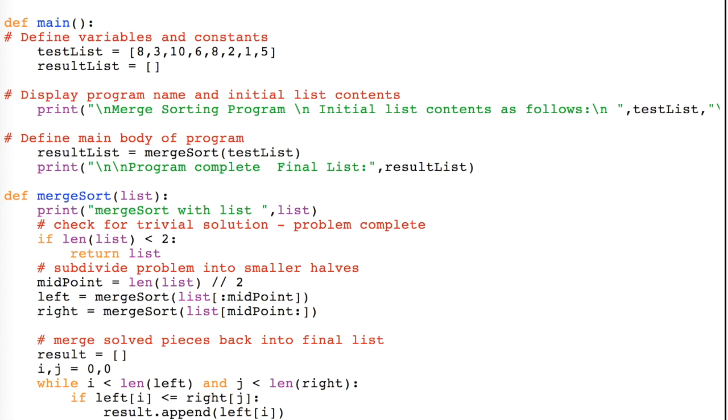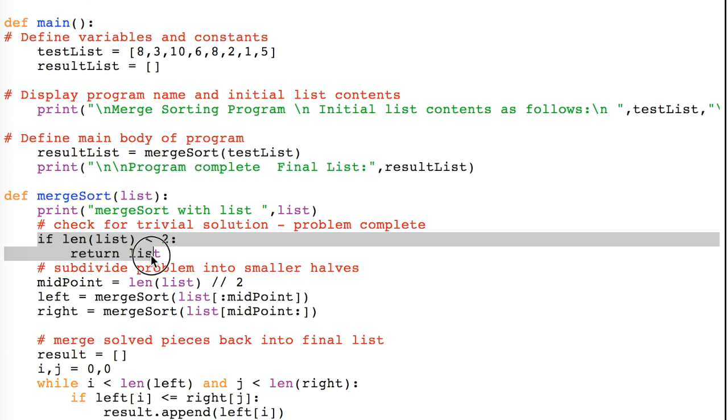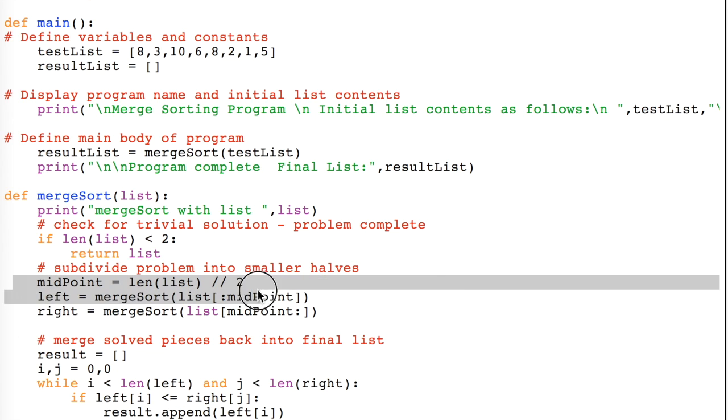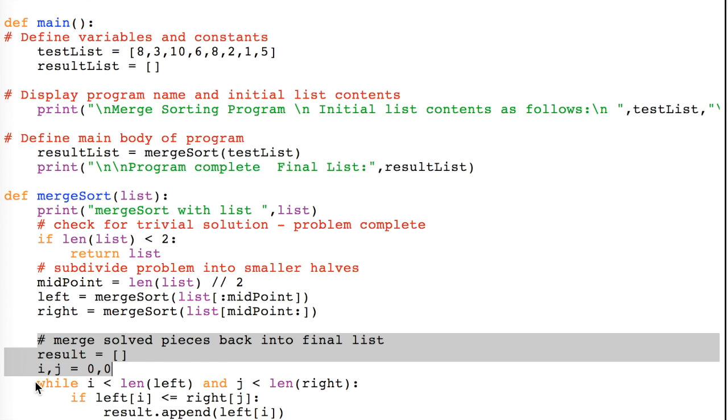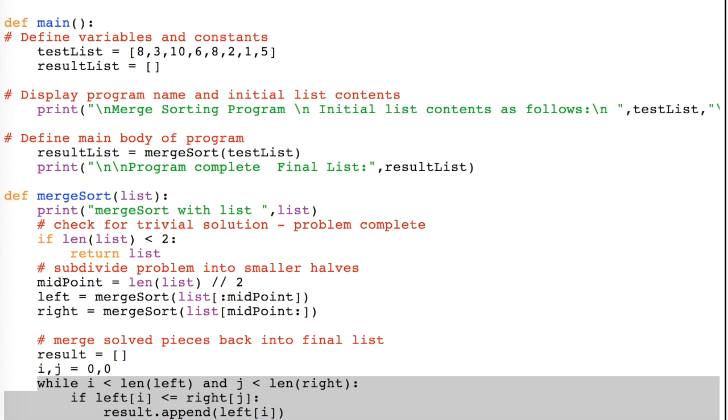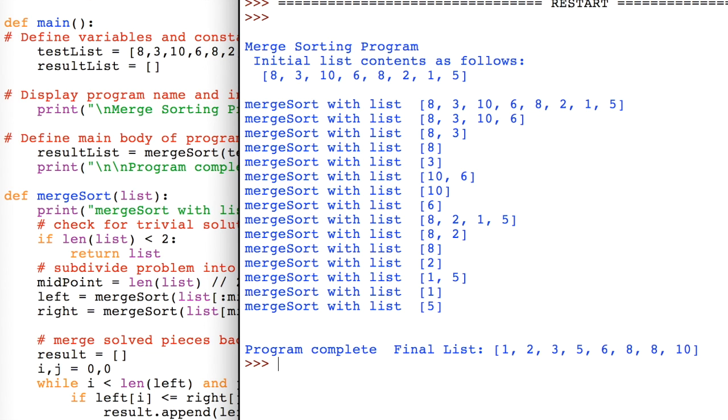So the code for this, we look at this, there's some recursion going on in here, so we have some functions. We have our test list at the top, and then we set a result list blank that we put the answer in. So we say, hey, let's make sure that we break the list at the midpoint into a left and a right, and keep recursively calling this until each list is less than 1. And then we go into our loop, looking at while the left is less than the right, and it's not always showing up. And then we sort through the end of the list. Then in our resultant output, we can see how the list keeps getting